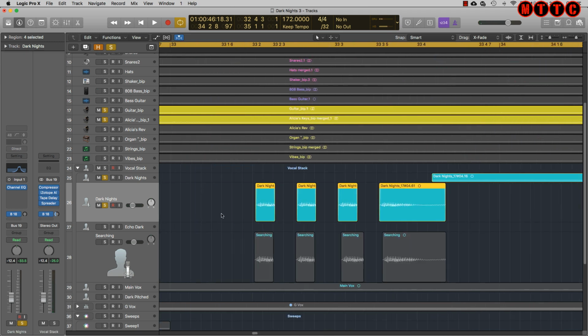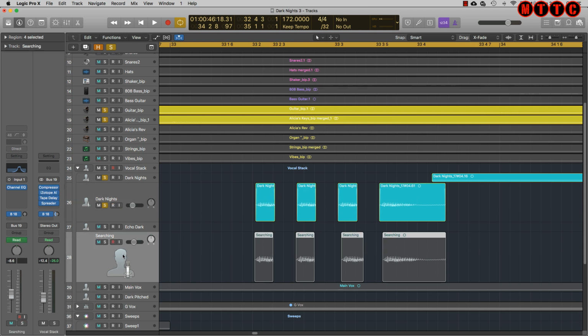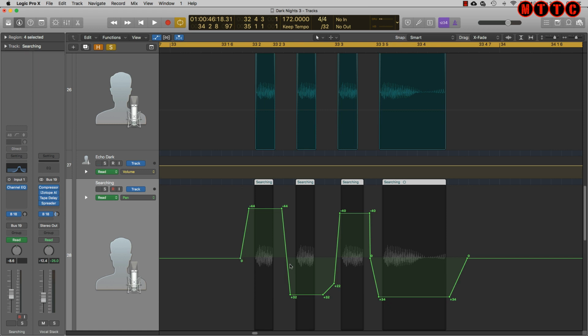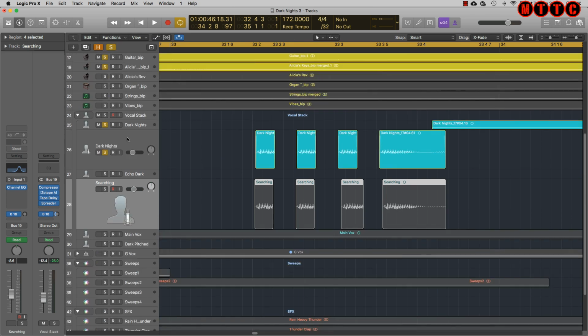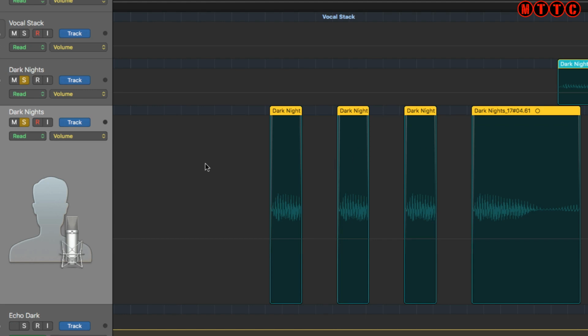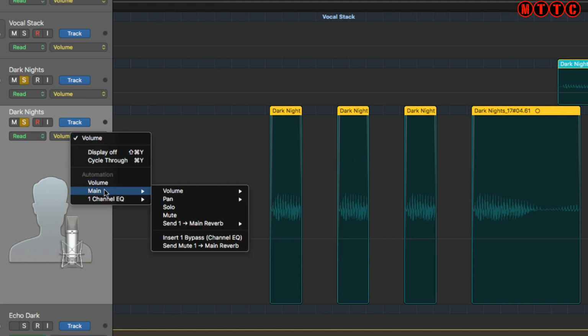And then the other thing that we've got to do now is we've got to pan left and right. So if I was to click on here, this is the original one, and press the automation button, which is A on the keyboard. You'll see my automation here. So I've automated the pan position. So let's do that real quick. So I'm going to come up here and I'm going to press A on my keyboard. And I'm going to come to this parameter box here and I'm going to go to main,